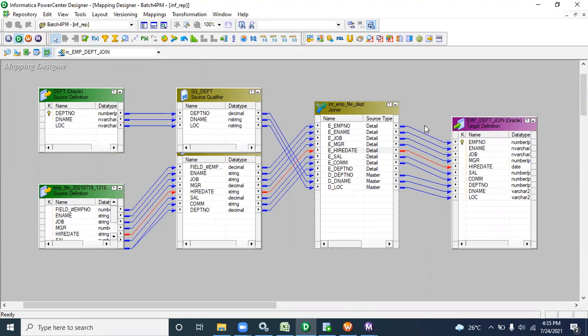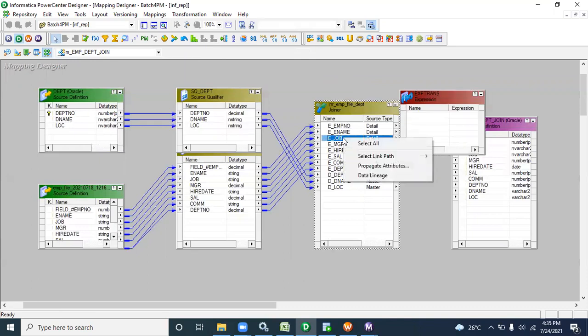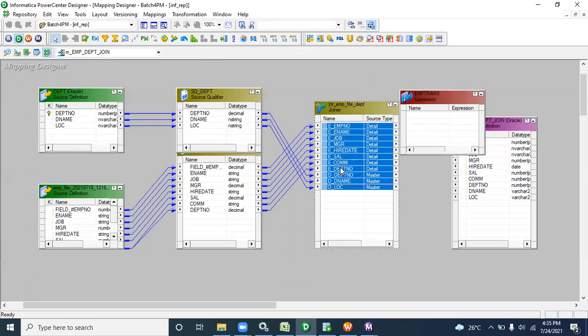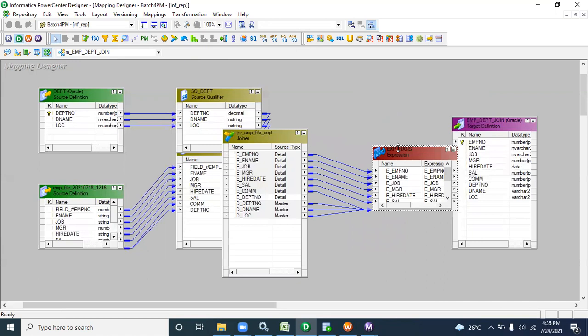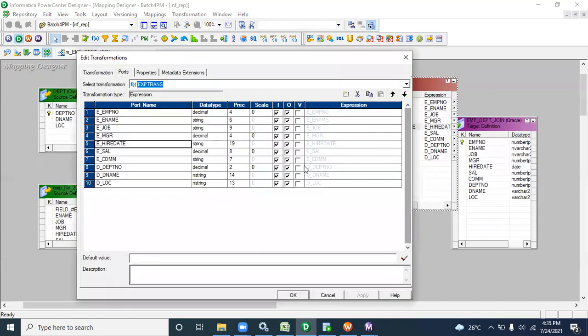So you can do another thing. Disconnect it, put one expression transformation, and select everything except the E hire date. Then in the expression you have to add the E hire date logic.